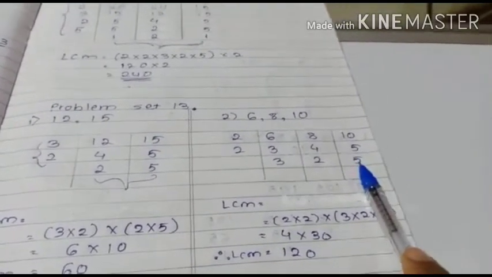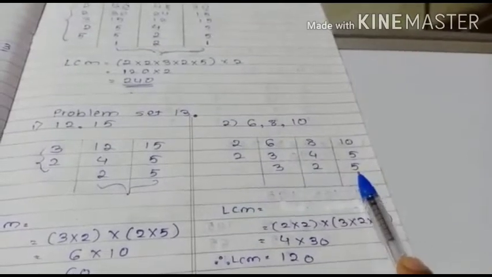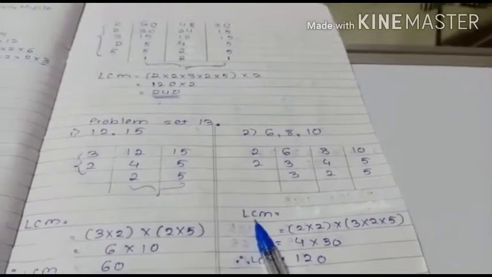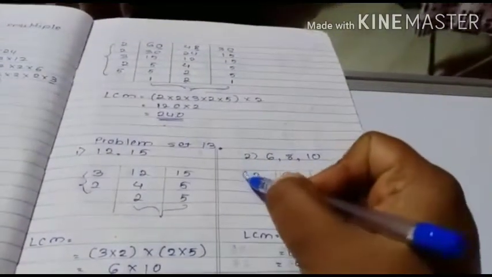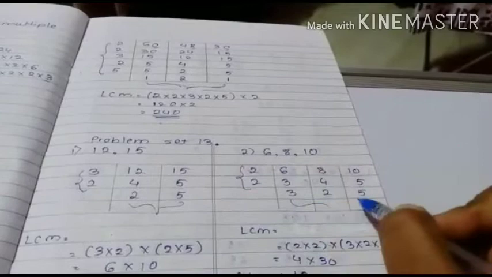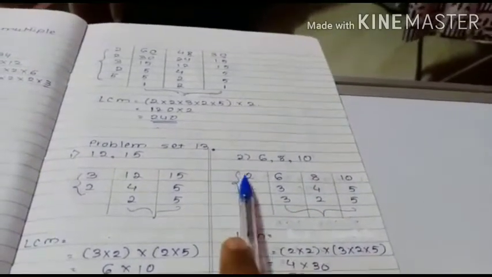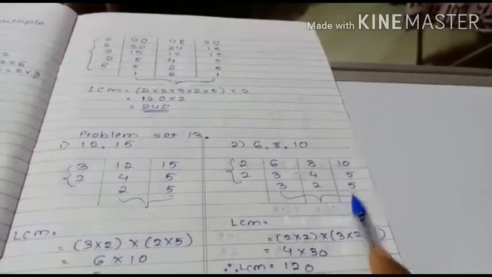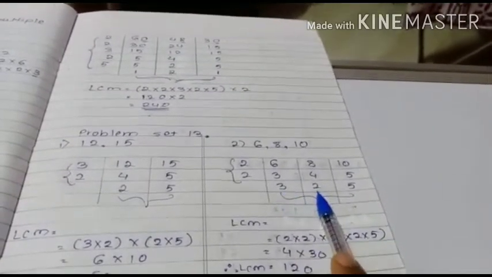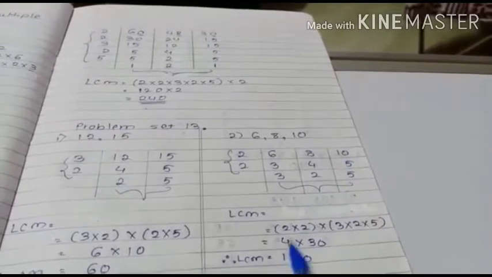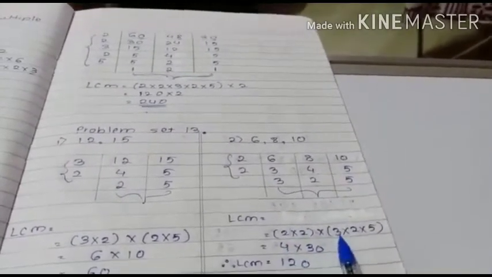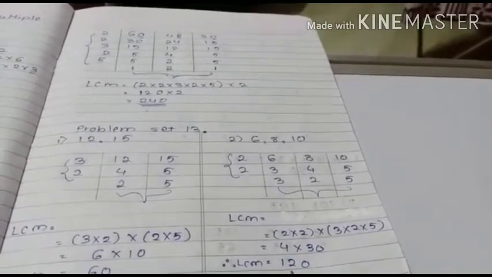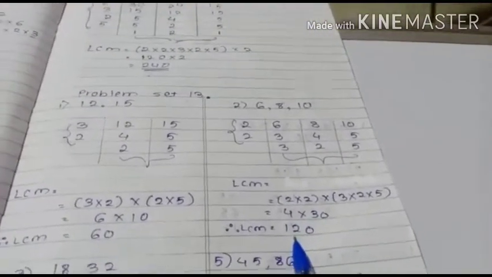This concept is clear to everyone. We have to stop our step here itself. Clear everyone? So what LCM will come here? As I said, these factors and the downside factors. So it will be 2 multiplied by 2 in one bracket, and the down factors in the other bracket: 3 multiplied by 2 multiplied by 5. 2 2s are 4, 4 3s are 12... 2 2s are 4, 3 2s are 6, 6 5s are 30, 4 30s are 120. So my LCM came as 120.